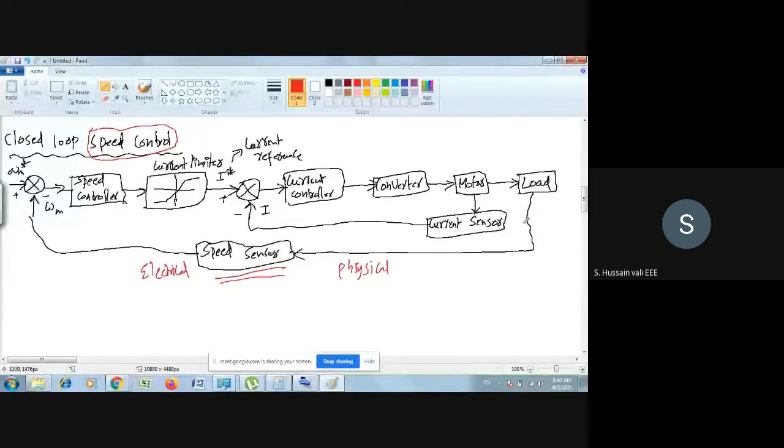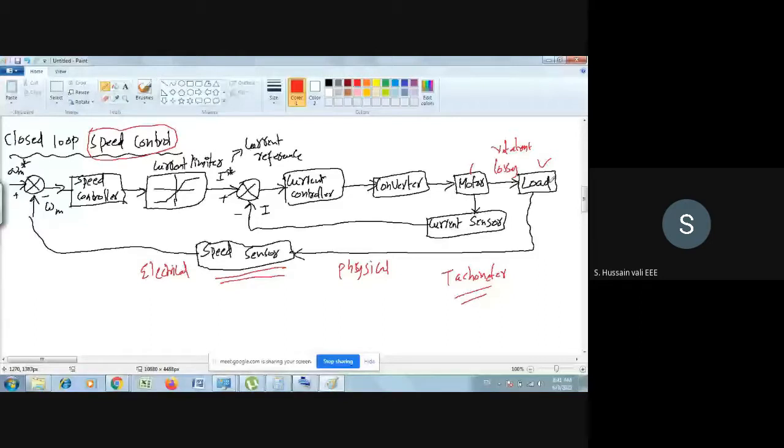I hope you might have measured the speed in the machines laboratory also using the tachometer. I hope you remember this tachometer. When you insert that small knob into the armature of the motor... Generally here we are controlling the load speed, not the motor speed. But there is not much difference between the motor speed and the load speed, except some rotational losses. Except for the rotational losses, the motor speed and the load speed will be the same.